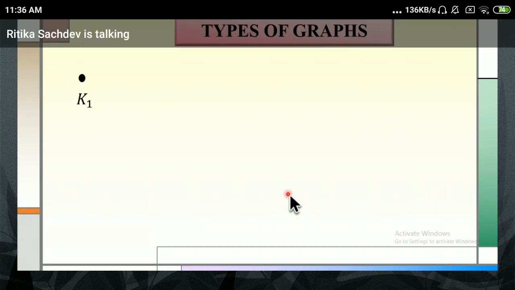Check for a complete graph. We are trying to see how that graph will look. If there is only one vertex, my graph will look like this, an isolated vertex. But if I have two vertices, then the graph will look like this. There will be only one edge. That means it will be 2C1, which is 1. Now check for K3. For K3, there are three vertices. What is 3C2? 3C2 is the same as 3C1, which is 3. So I should have three edges.